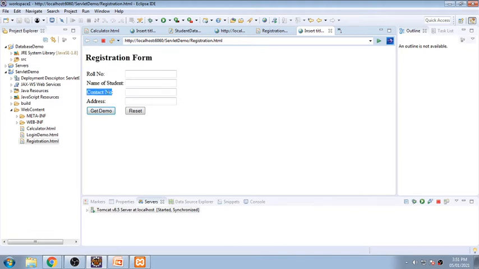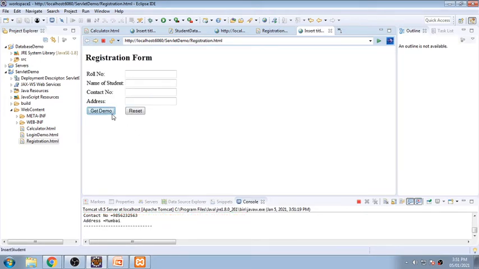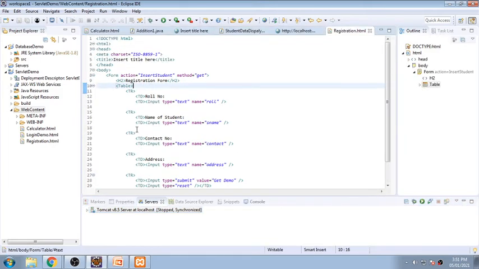student, contact number and address, and when I click on this one, the record should get inserted and a message should be displayed. So here it is displaying something different, but what is that? That part we will be completing immediately. So shall we go for writing this code? Okay, so here I am closing this one, closing the server, and some part I will copy paste,